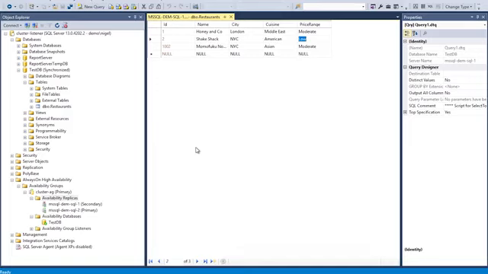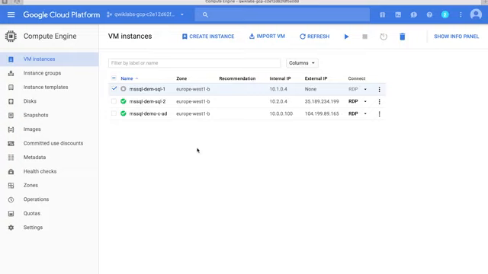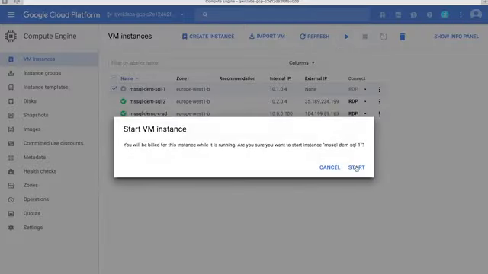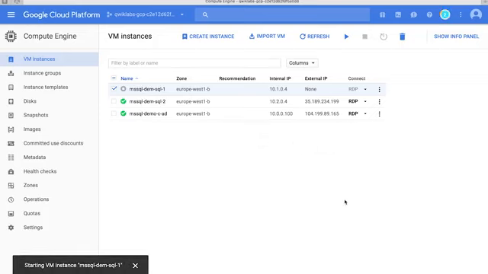Let's go back and start up the machine that's failed over, and then we'll be able to return and observe that the machine will be restarted and form part of the always-on availability cluster without us having to do any more configuration work. So here I am back in the Cloud Console. We'll simply start that machine back up again. And as soon as that machine is booted, it will rejoin the always-on availability cluster, and the cluster will be restored to having a primary and an active secondary as well. So that's pretty good.